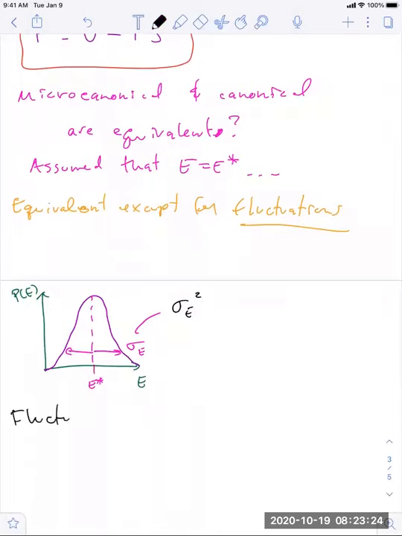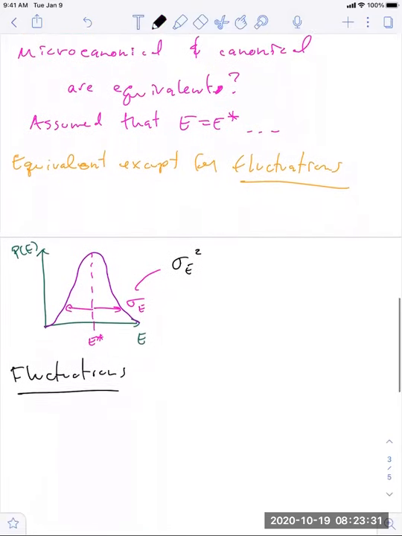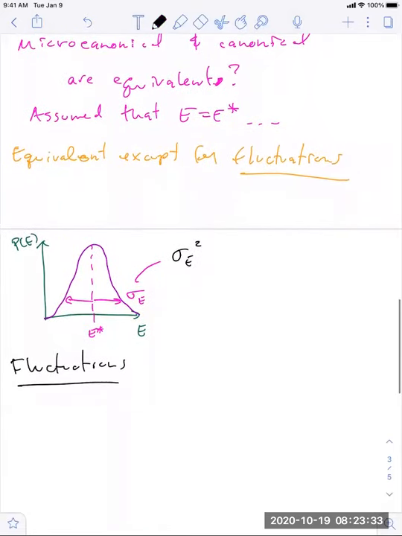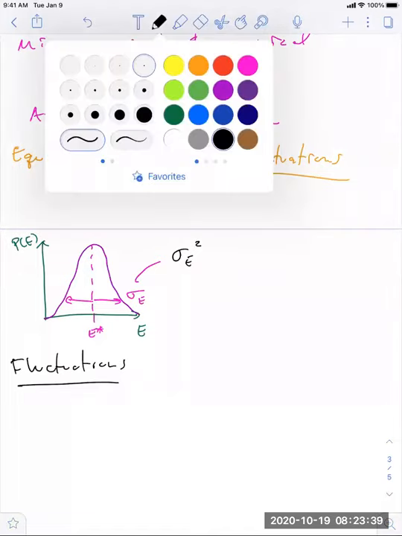So now I'll go a little bit more into fluctuations. We can write a general expression for the fluctuations of any extensive variable. So the fluctuations with respect to x are just equal to the average of x squared minus the average of x, squared. And remember that